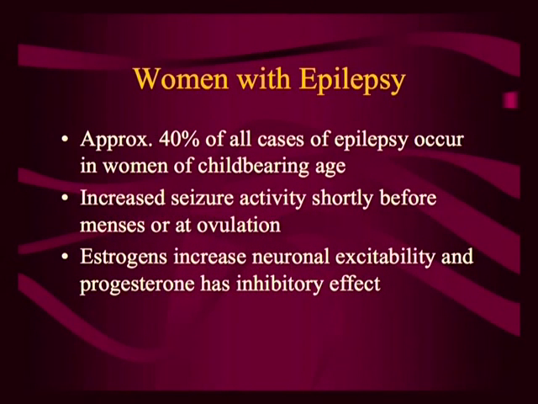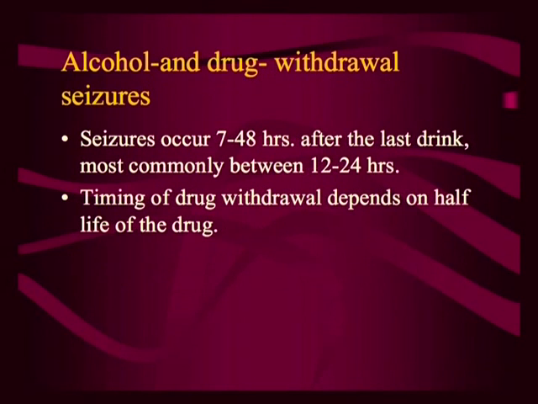So we think there is some relationship between changes in hormones and seizures also, because estrogens increase neuronal excitability. Alcohol intake: if somebody is drinking for years and years, and then they stop drinking, we all know there are DTs, called delirium tremens, in which the patient can become confused and disoriented, and their likelihood of having a seizure is high, especially 24 to 48 hours after the alcohol is stopped.